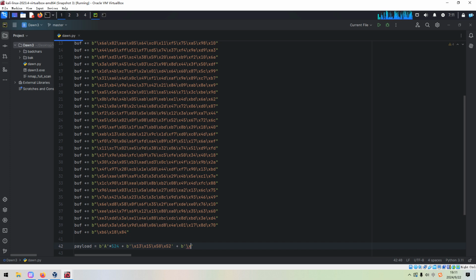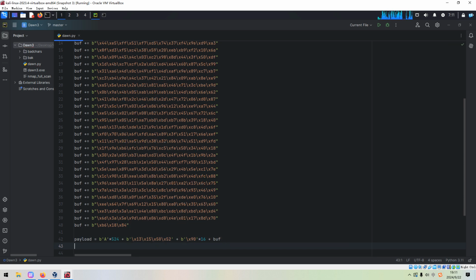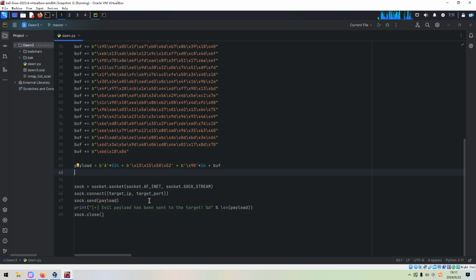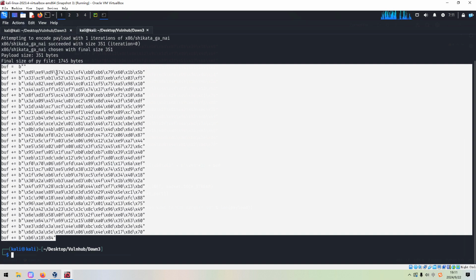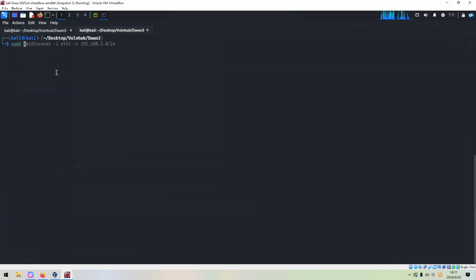For example, 90 means the no-operation, like 16 bytes, and the buffer. Okay, that's it. So now we can save, and now we need to set up the listener.